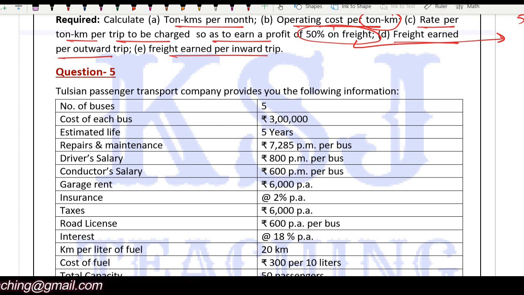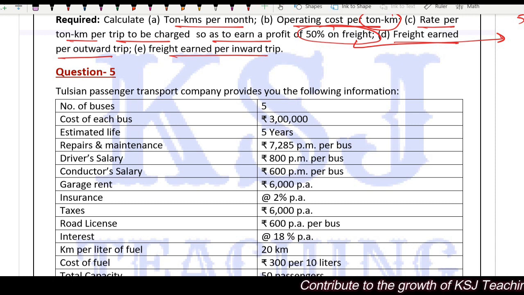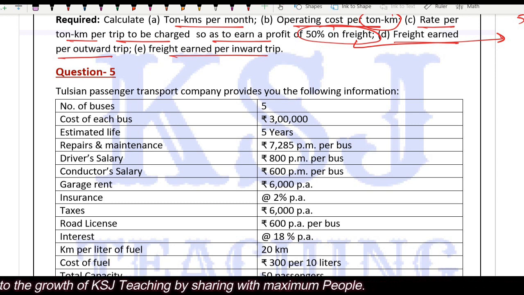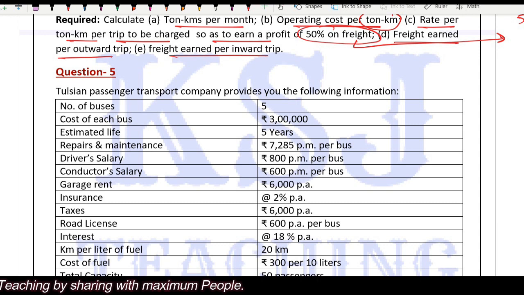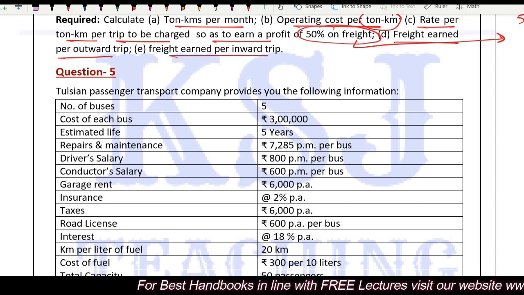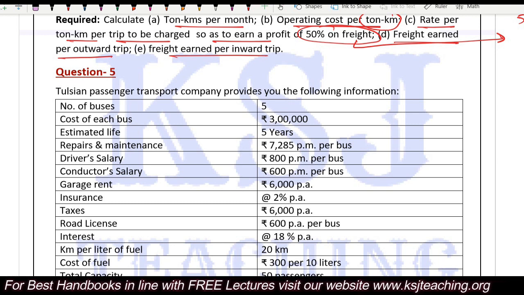So what you people have to do is practice the questions from the ICAI study material also, or whichever institute study material you are following. For CMA students, you can follow your CMA institute material. For the CA students, you can follow your ICAI study material, right? And practice the questions of transport costing, because in the next lecture we are going to complete this. After this we'll move on to hotel costing, right? So practice, guys, that is the most important thing.